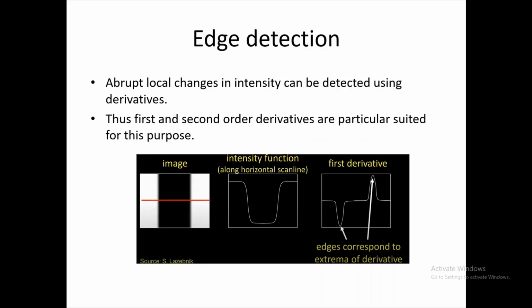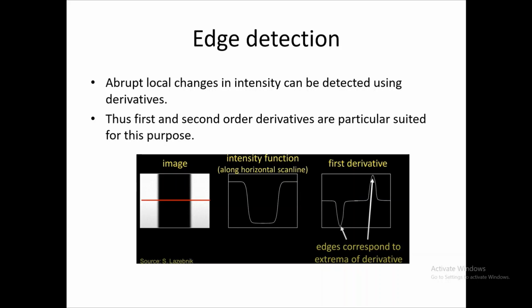Now we'll go for the detection of edges. Like we saw so far, the different edge models. Now we'll be discussing the different techniques used to detect edges. As we know, edges are generated by abrupt changes in the intensity of pixels. So if we detect these changes, we can detect edges, and we have already discussed in our previous video